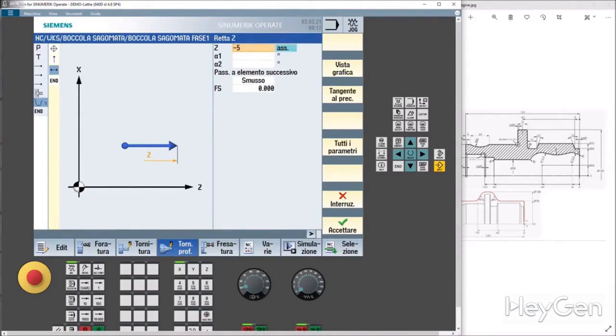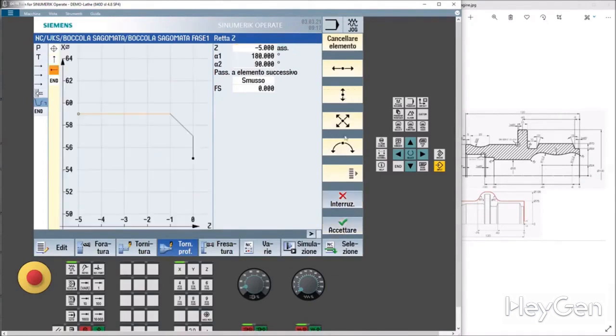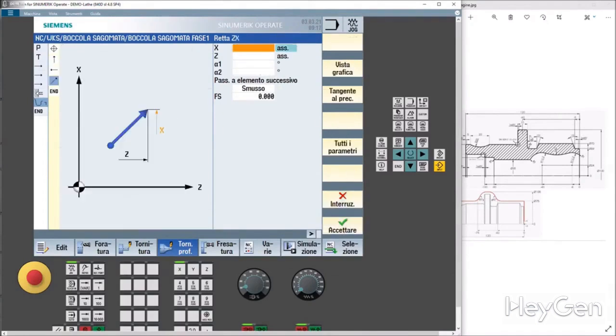Here, we don't have any radii, we don't have anything, so we accept and make an inclined movement of 15 degrees that takes us to X70. Alpha 105, so 90 degrees plus 15 makes 105.